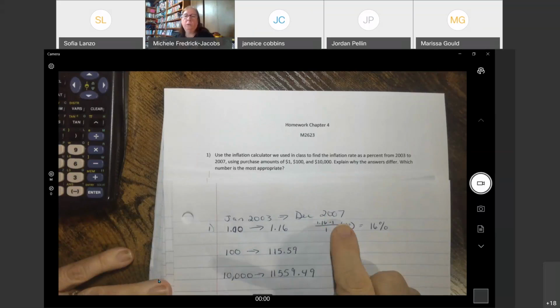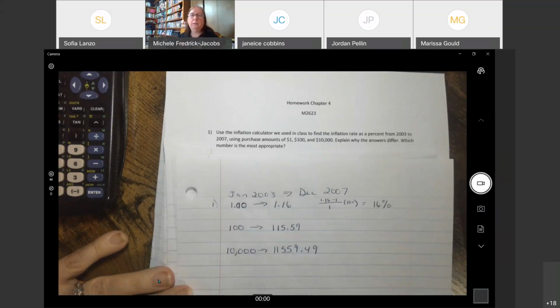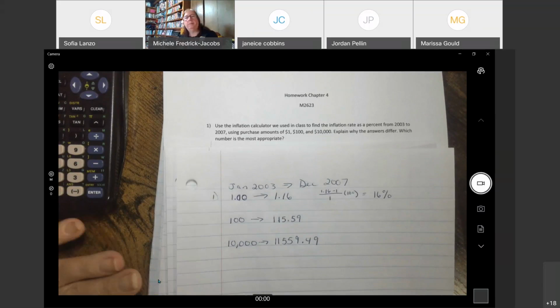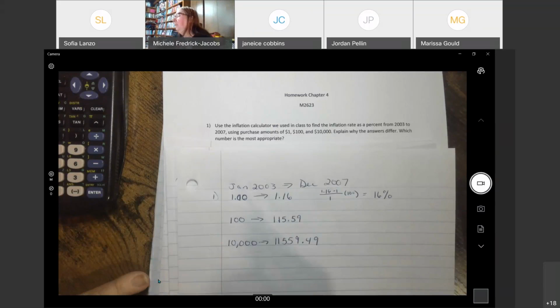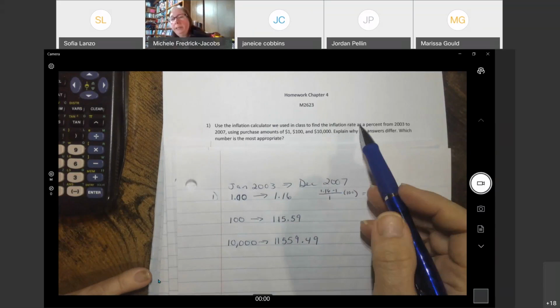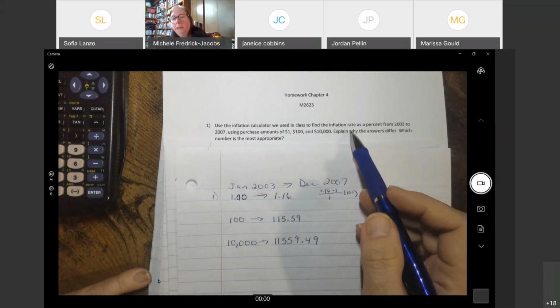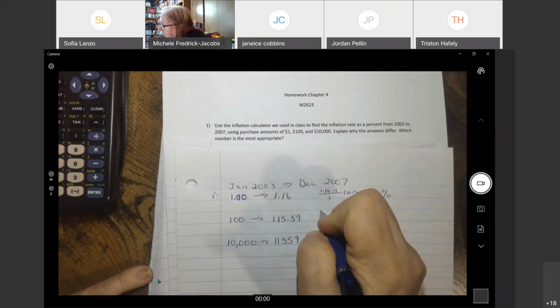Remember, it's new minus old divided by old. Oh, okay. I got confused. I forgot what that inflation rate meant. The relative percent change. There you go. Anytime you ask for inflation rate, that's relative percent change. So then we